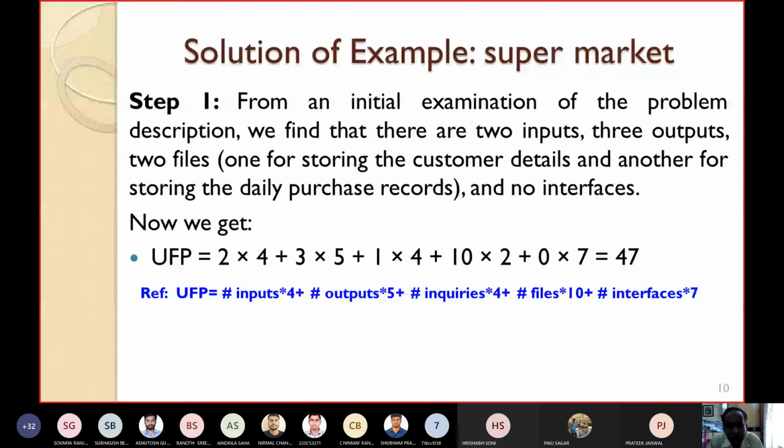And you will analyze; I have deliberately not specified the number of files, you have to extract it. From this problem, you can see only 2 files are required. And this problem does not involve an interface. It's a standalone program for a small shop. So why should it be subjective? You have to read.